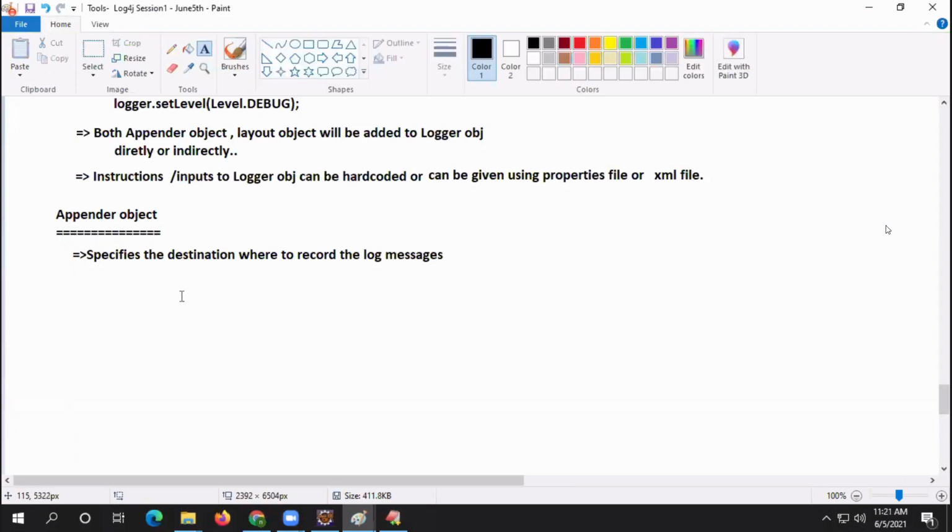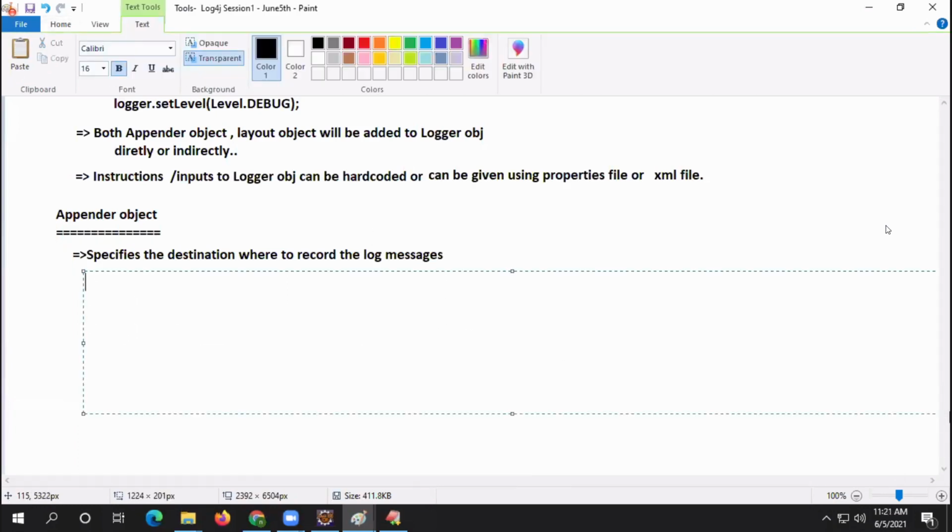Now listen, a lot of appenders are there. Example, file appender. All these classes directly or indirectly implement the appender interface. That's why they are called appender objects.